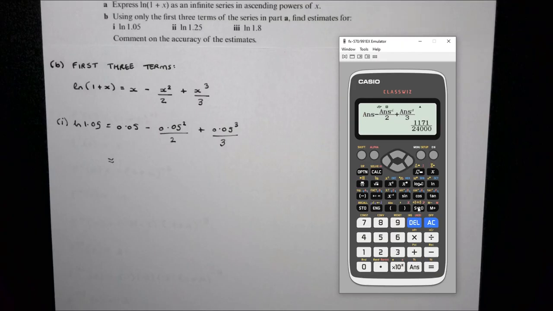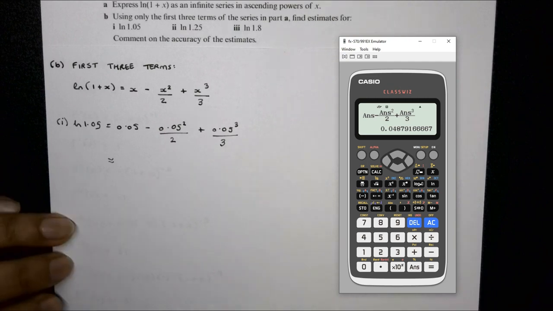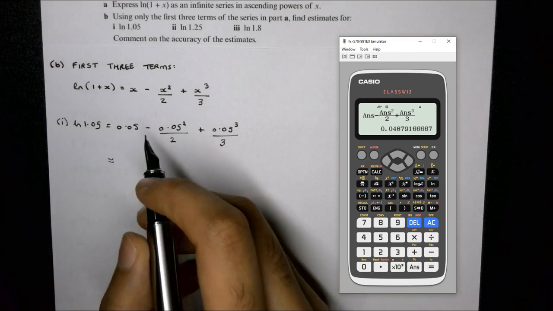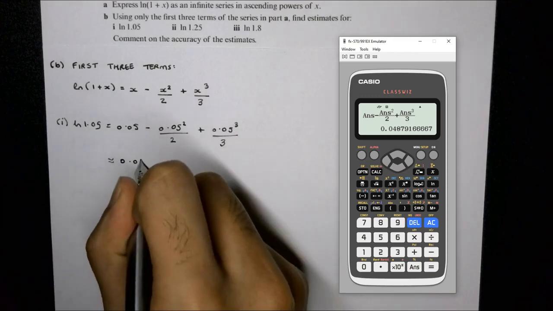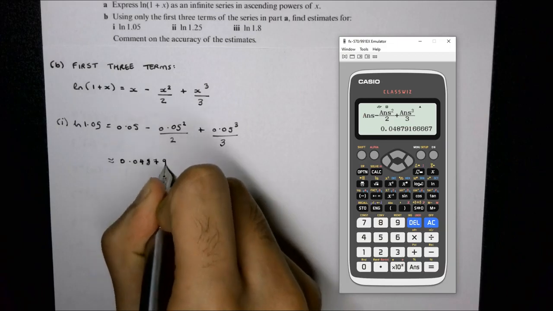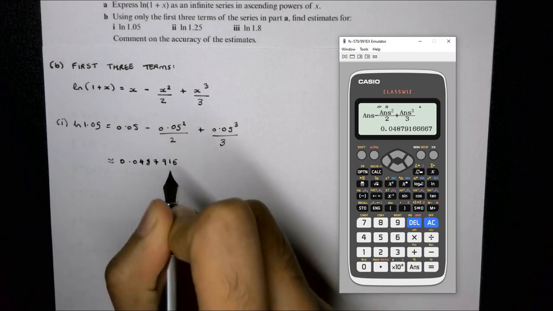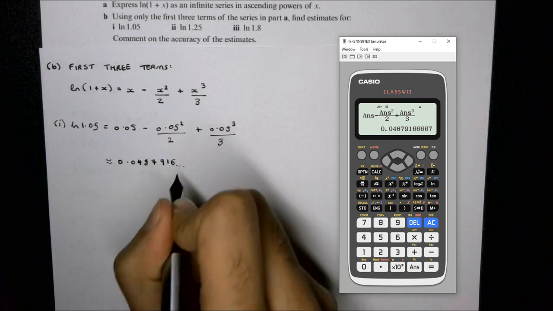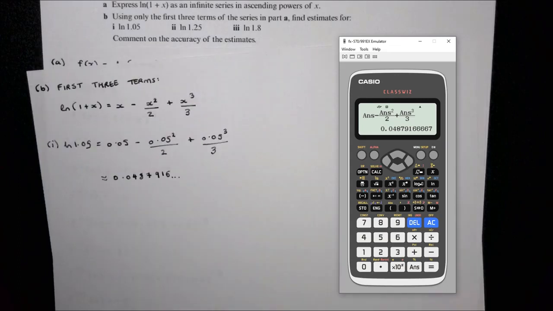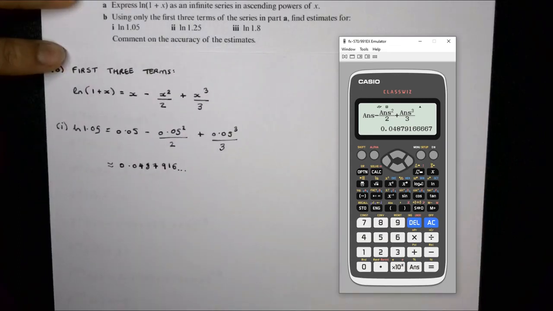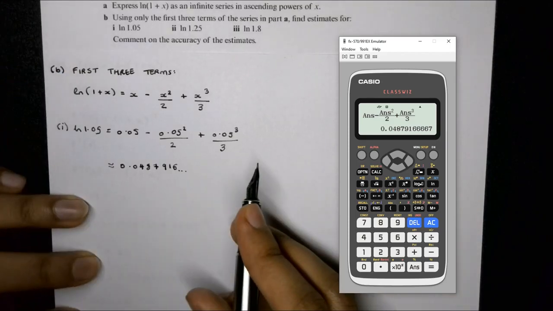So you'd find here, if we work all of this out to 5 decimal places, we get 0.0487916, etc. Okay, and let's just write out the full thing. So we've got 916